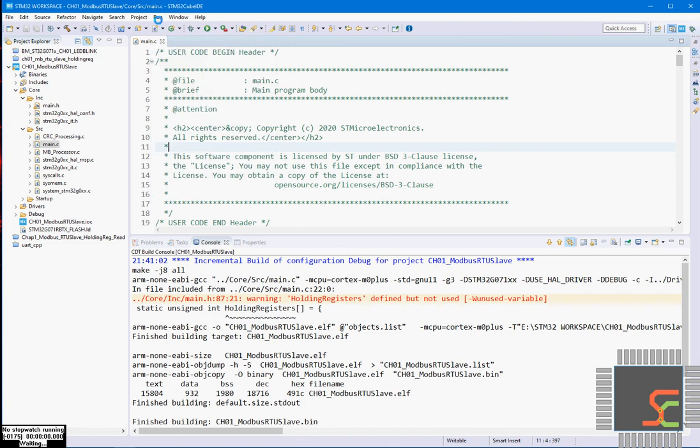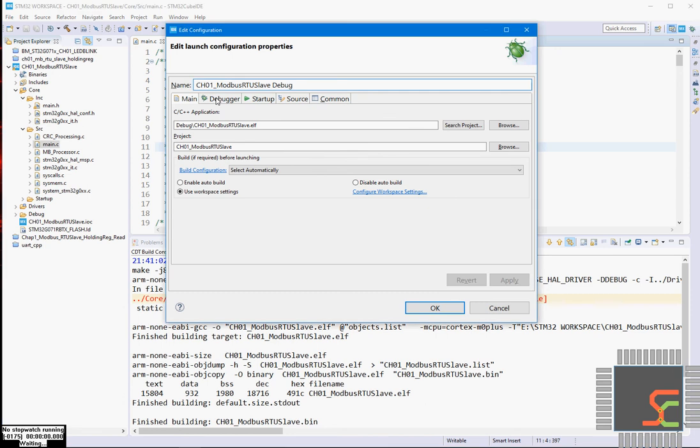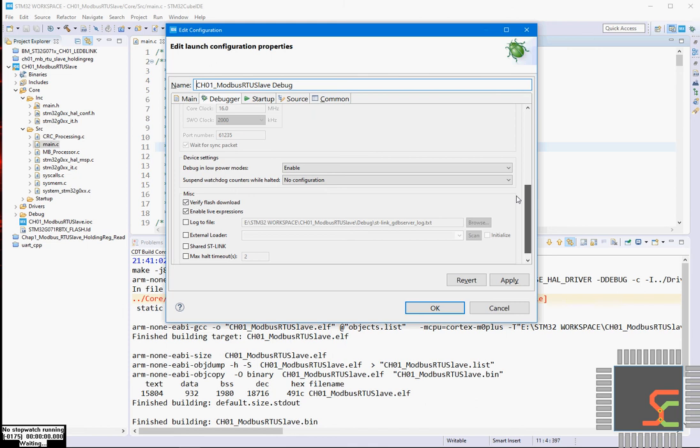I'm clicking debug for the first time. For the first time it will open the debug edit configuration. It will see which debugger is connected. Since I'm using the standard board, these are all detected automatically. I don't know what happens with any other third party debuggers.